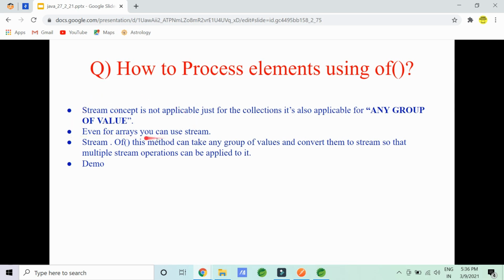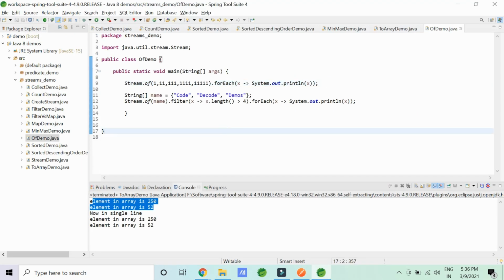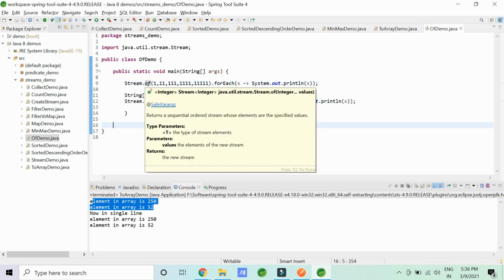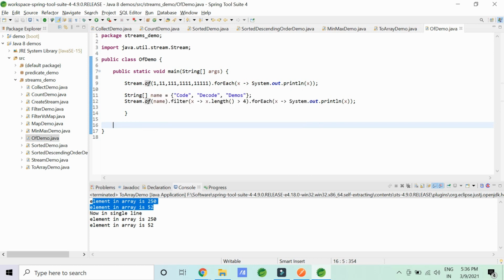Even for arrays, you can create a stream. This is a very important two-word method. This is the way to come from the Java world into the stream world, a way to convert any collection of objects into a stream.